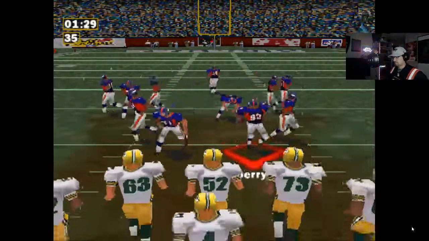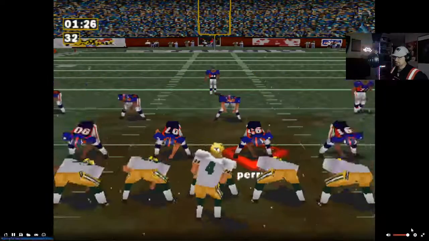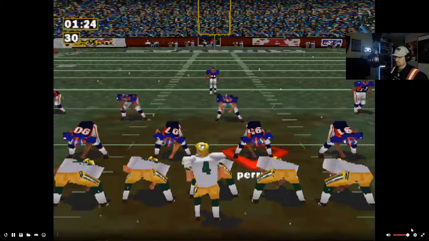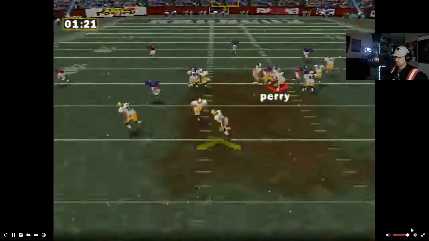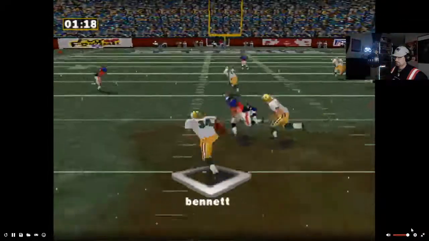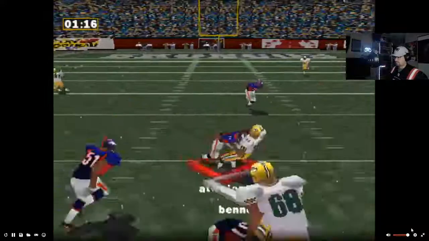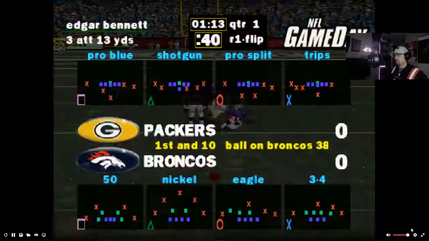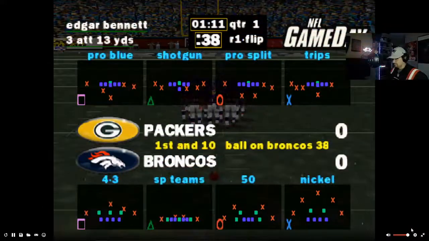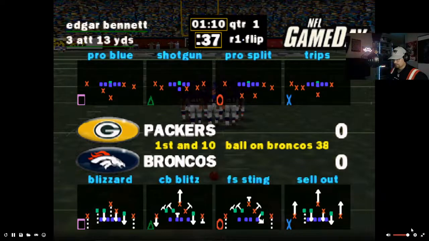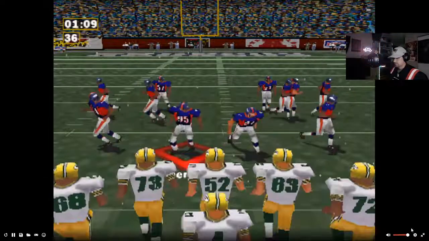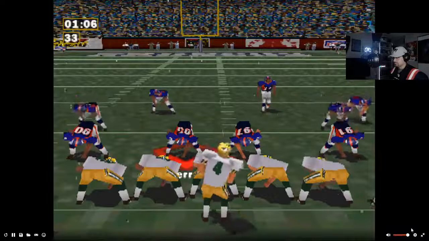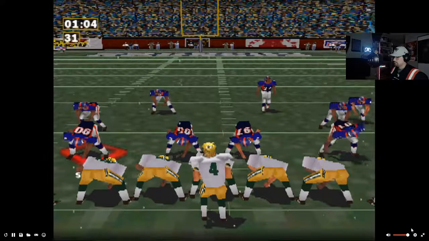Third and 3. Green 35. Hot. First down, Edgar Pettit with an 8-yard run. First and 10 on the 38-yard line. Blue 25. Red 47.